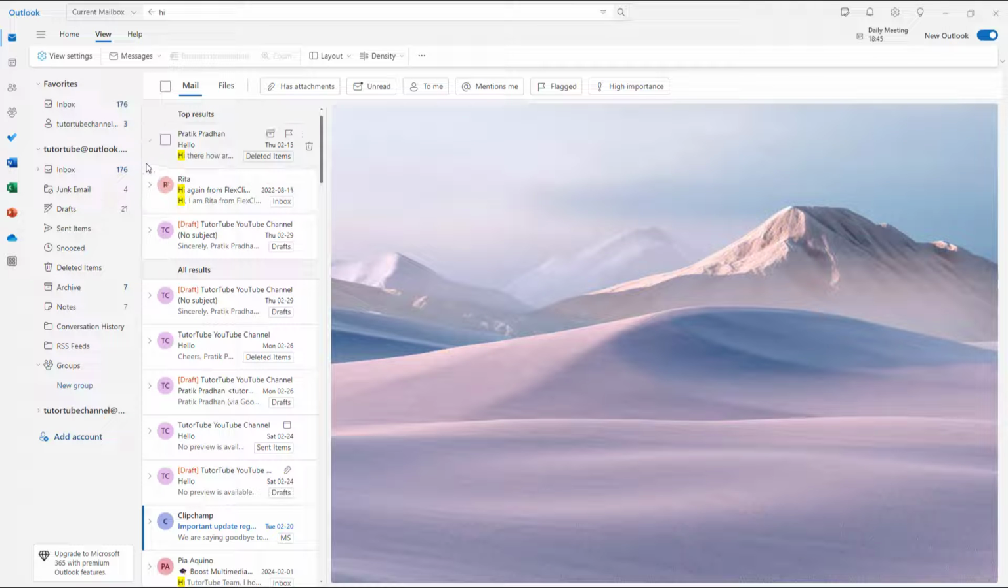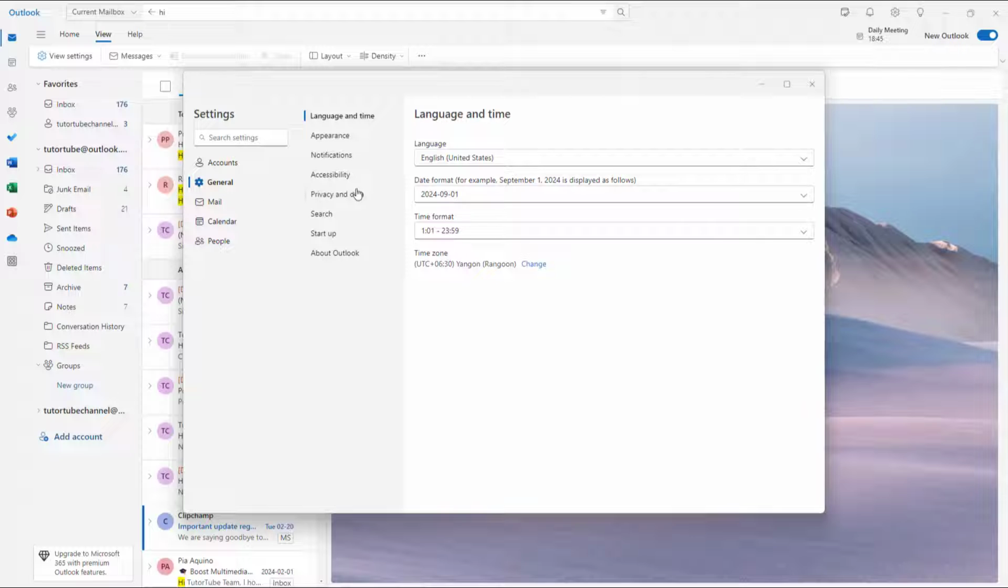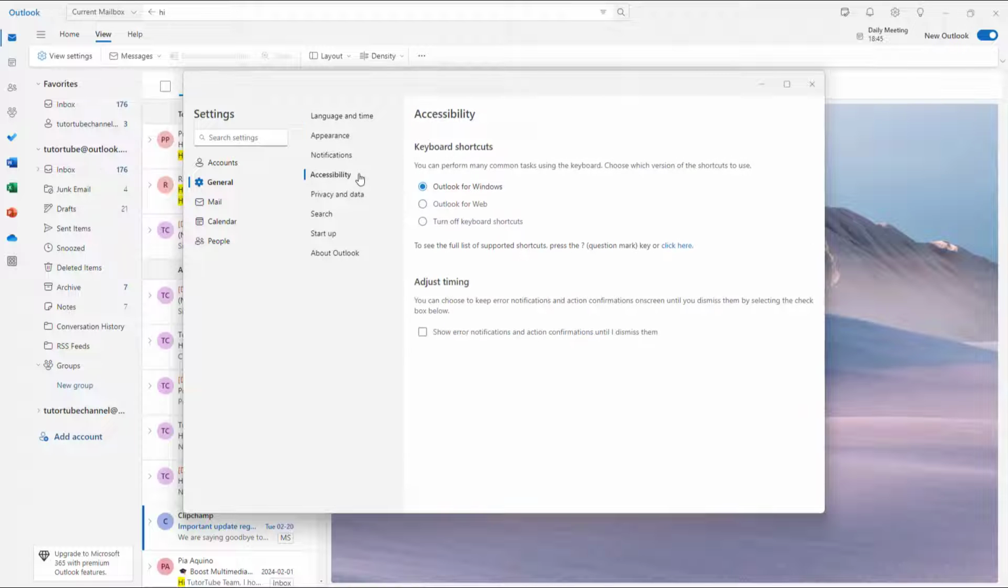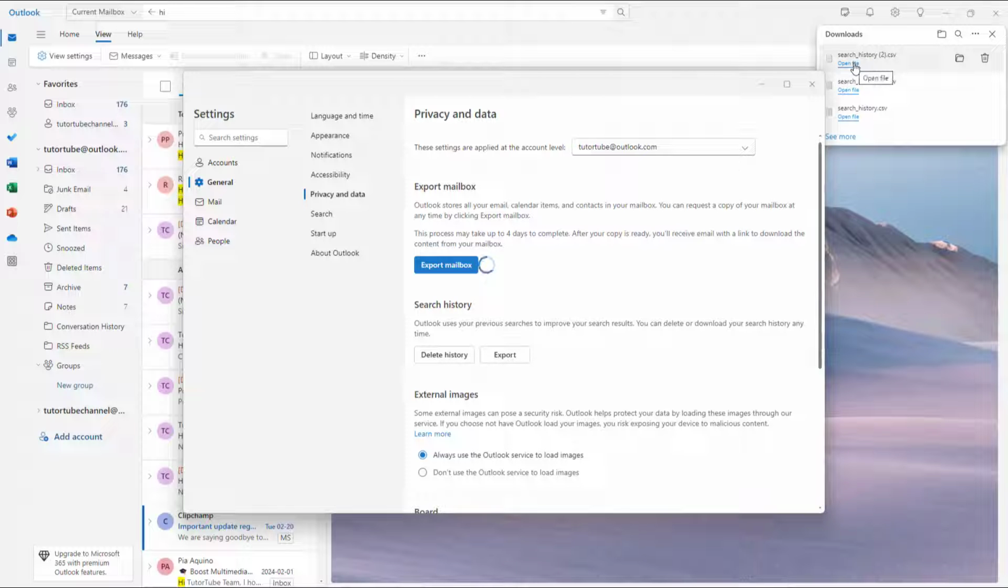In order to see what my search histories were, I can go onto View, then to View settings right here, then under the general settings, under, let's say, accessibility settings, there is Privacy and data, and under it you can see that there's Search history. It says Outlook uses your previous search to improve your search result, and you can delete or download your search history anytime. So I'm just going to click on Export, and then it downloaded my search